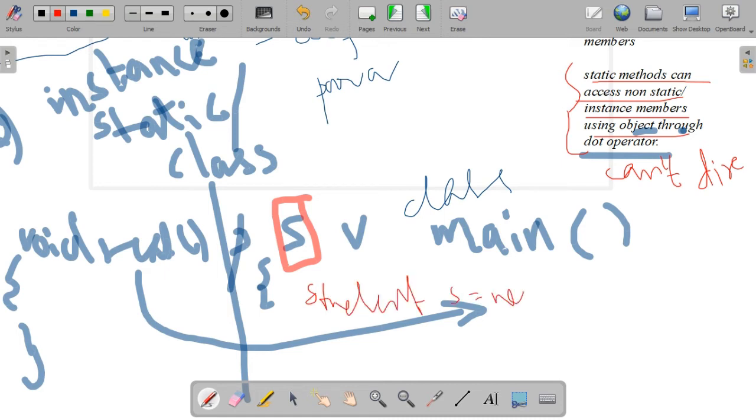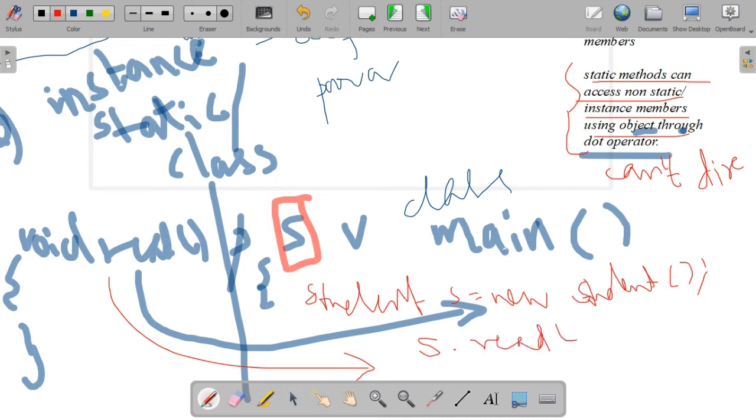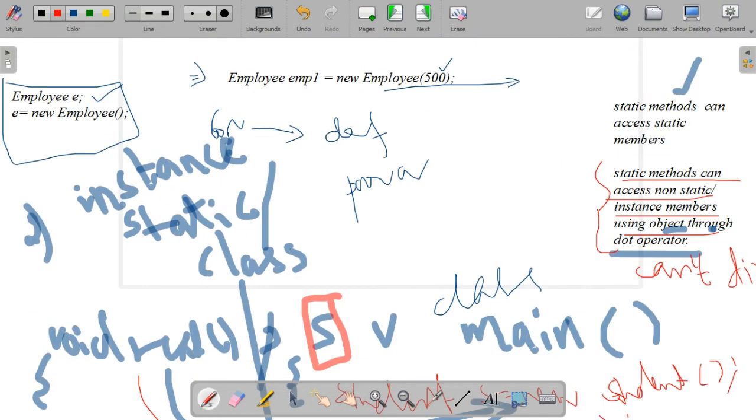There is an important rule, that means static methods can access non-static or instance members using an object through the dot operator. That means we can't access them directly, like static to static, but we can access through the object using the dot operator. For this we will create an object for the class.